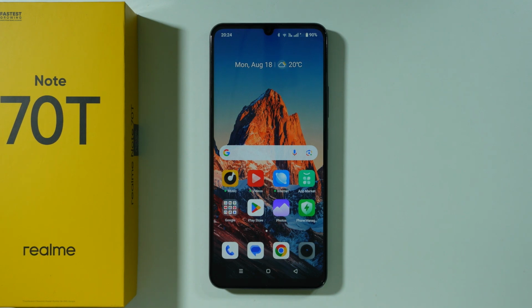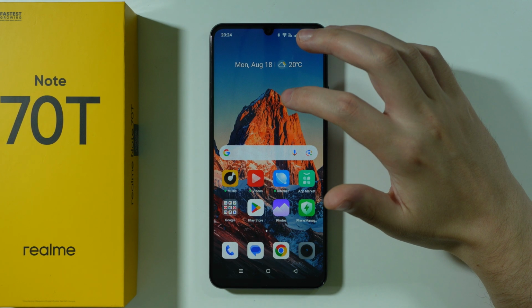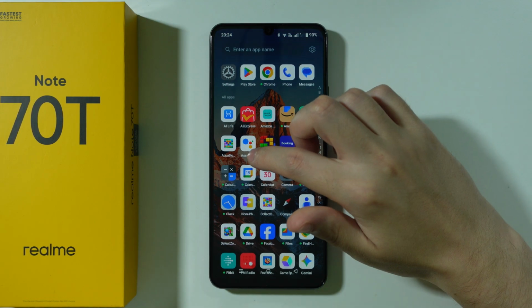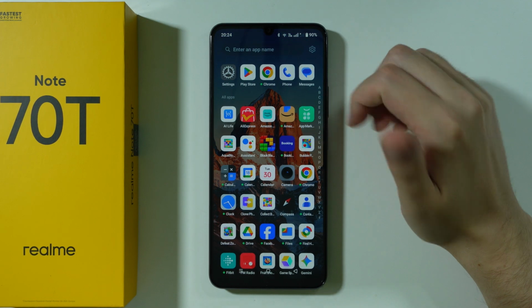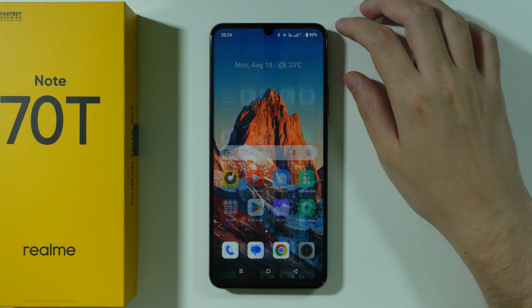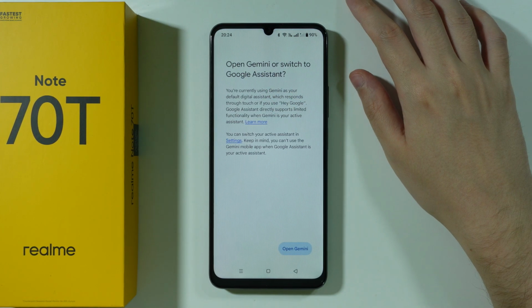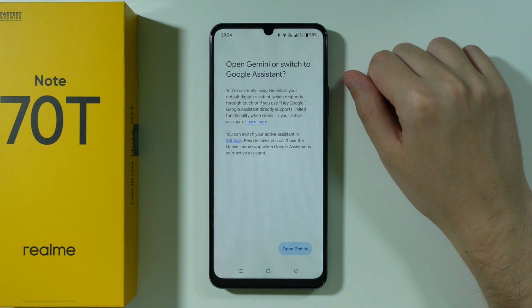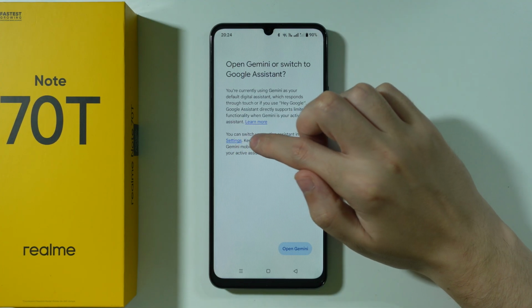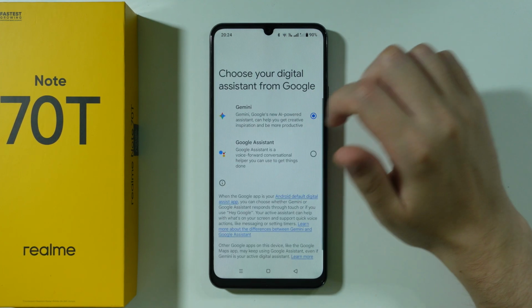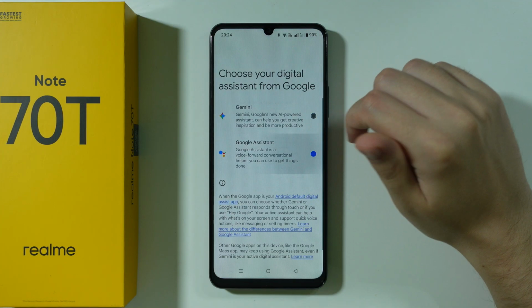If you want to switch from Gemini to Google Assistant on Realme Note 70T, what you can do is open the Assistant app that you might have pre-installed. So you can go ahead and open it. You will see this prompt asking you whether you want to open Gemini or switch to Google Assistant. So in that case, you want to press Settings here, and then switch from Gemini to Google Assistant like this